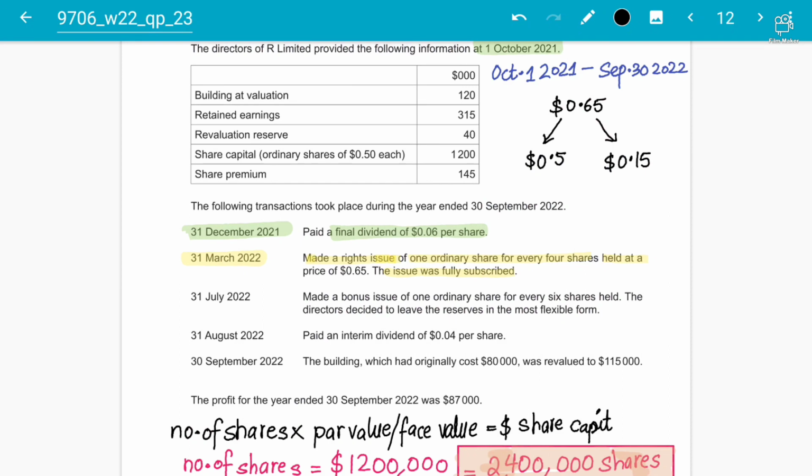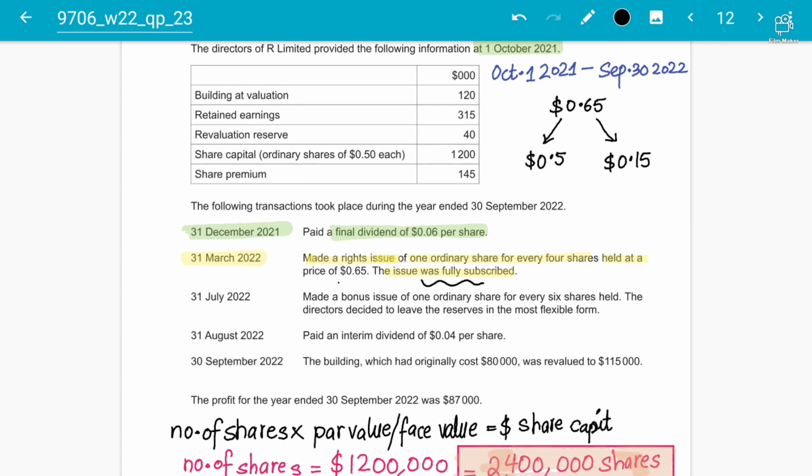Okay, students need to understand this thing कि 0.65 का जो स्प्लिट है इसमें प्रीमियम भी शामिल है और पार वैल्यू भी शामिल है. तो एक जो शेयर है उसकी जो नॉर्मल प्राइस है, पार वैल्यू, फेस वैल्यू, नॉमिनल वैल्यू है, वो है $0.5. लेकिन अगर हम इशू कर रहे हैं 0.65 पे जो कि प्रीमियम है, उसके भी रीजंस होते हैं कि आप शेयर प्रीमियम पे क्यों इशू करते हो, हम सेपरेटली डिस्कस करेंगे. तो विच मीन्स के इन दोनों का डिफरेंस जो है 0.15 है, वो आपका शेयर प्रीमियम है.